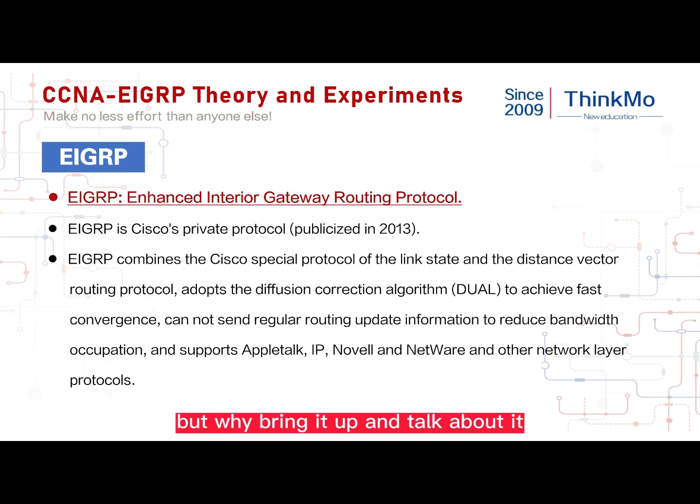But why bring it up and talk about it? Because EIGRP is not the same. EIGRP is version agnostic. That is, whether it is the current version 4 or the future version 6, no matter which IP protocol you choose, EIGRP works as usual. It also does not need to modify the configuration. It is unversioned. So in the future, if the transition happens, it can do a very smooth transition, with little impact on configuration. It does not serve version 4 or version 6 alone. Here's the difference between them.